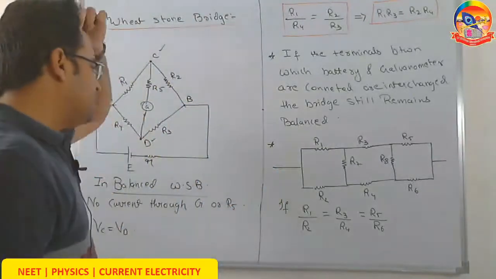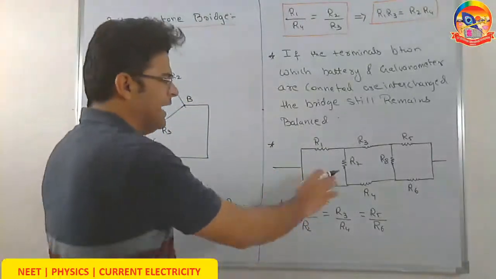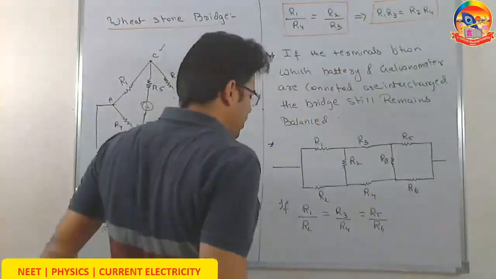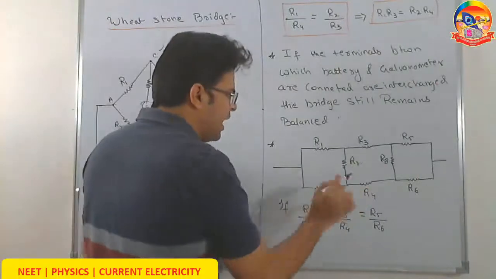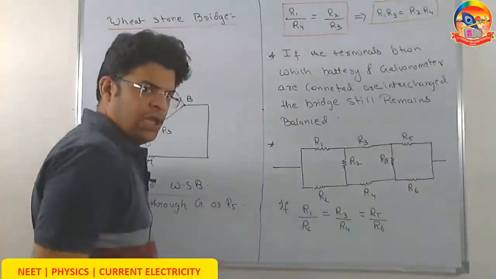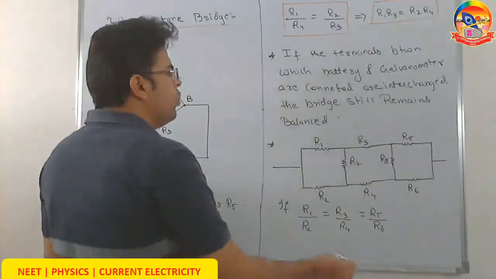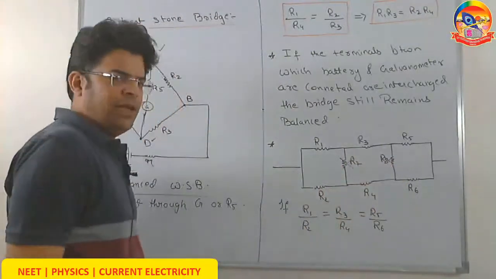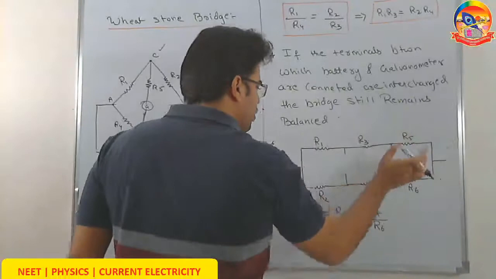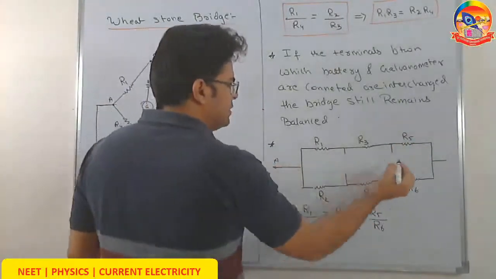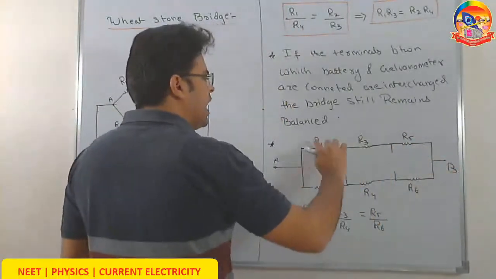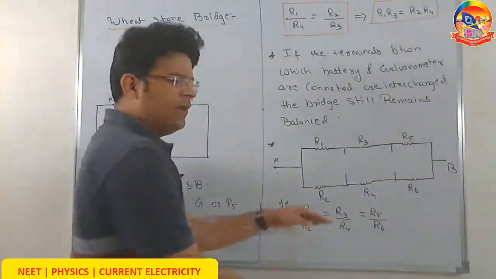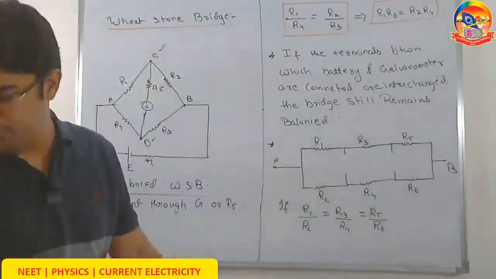Next thing that you should know, I personally call it the extended Wheatstone bridge. If you have a big circuit in which R1 by R2 equals R3 by R4 equals R5 by R6, in such a condition, no current flows through R7 and R8. Since no current flows through R7 and R8, you can forget them. So to find the equivalent resistance between the terminals, you can take R1, R3, R5 in series, R2, R4, R6 in series, and then find their parallel combination.